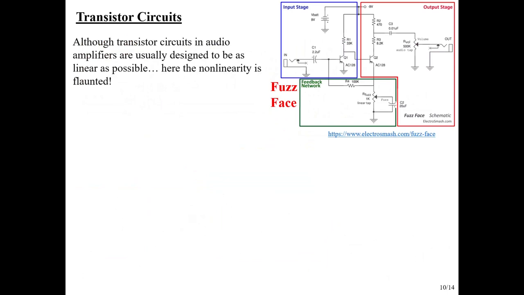Where else can we have nonlinearities? Well, here's the circuit for a fuzz face. Again, head over to Electrosmash and check it out. But it's two cascaded transistors, and the original fuzz face was done with a PNP configuration. So a lot of modern day ones are still done with PNPs, and this AC128 was a very common transistor